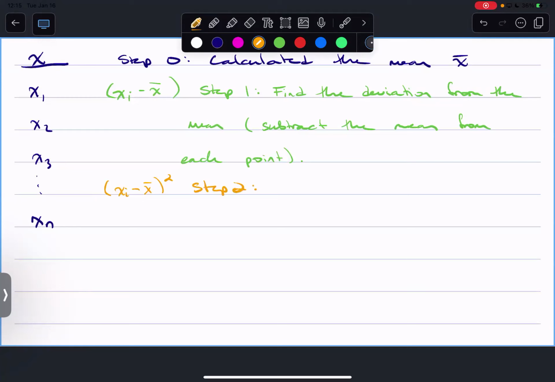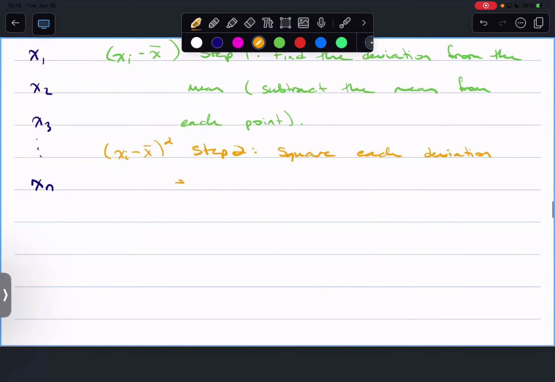I'll call it step 2. Square each deviation, right? So each of these steps for me, because I work slowly, I would make a new column next to my original data for each of these steps, right? You're not going to do that. I'm going to make you do it in the lab using Excel, but it's not something that I'm going to make you do. So step 2 is square each deviation,